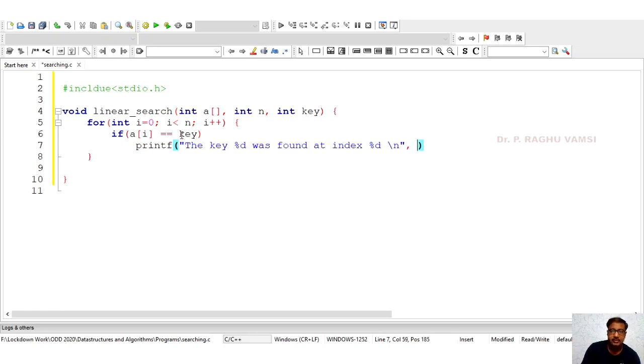So here the key is key and the index is i. So once it is over, then break.